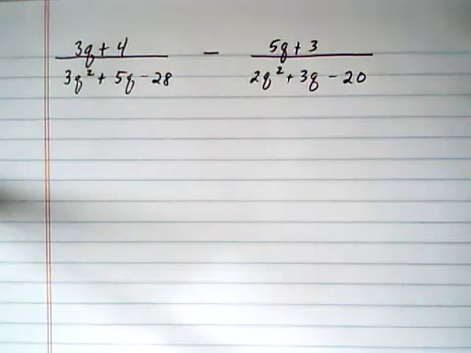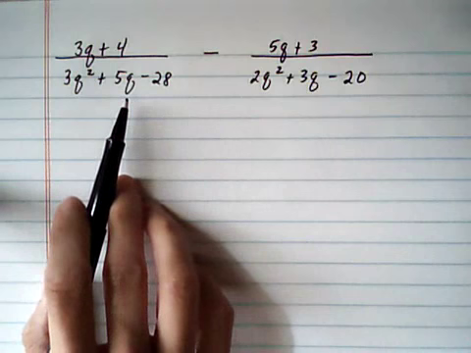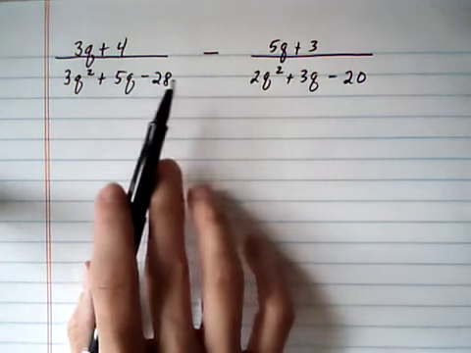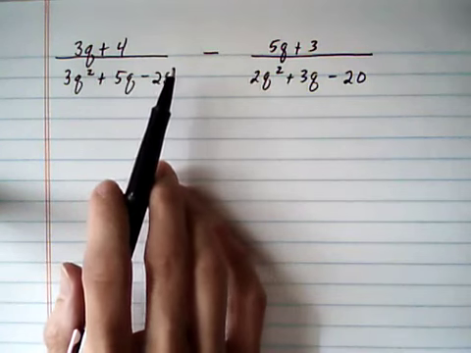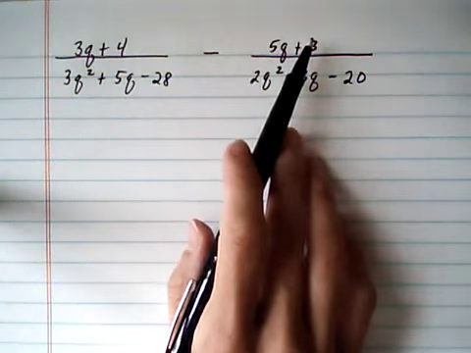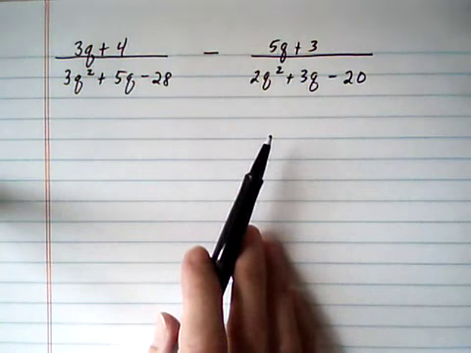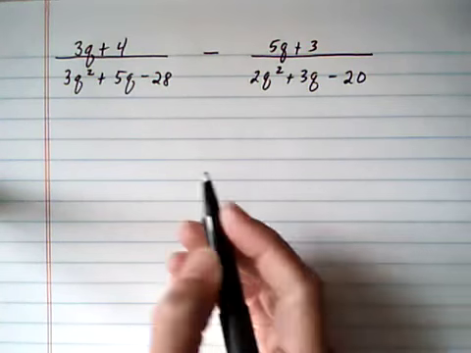Subtract the rational expressions. These two rational expressions have different denominators, which are both trinomials, and the first thing we're going to need to do is force them to have the same denominator. Once they have a common denominator, we can go ahead and subtract our numerators and put everything over the common denominator. So to build the LCD,